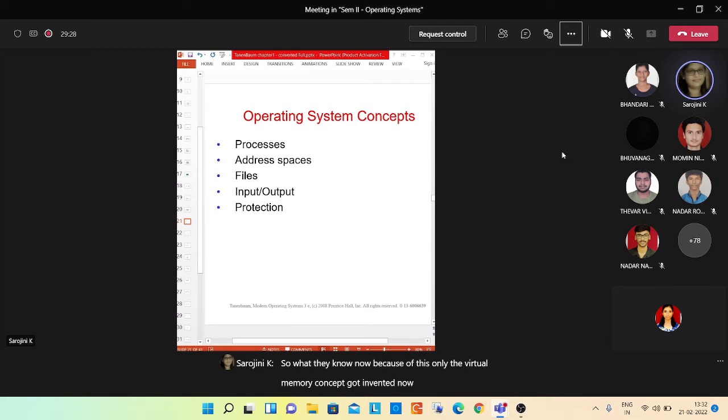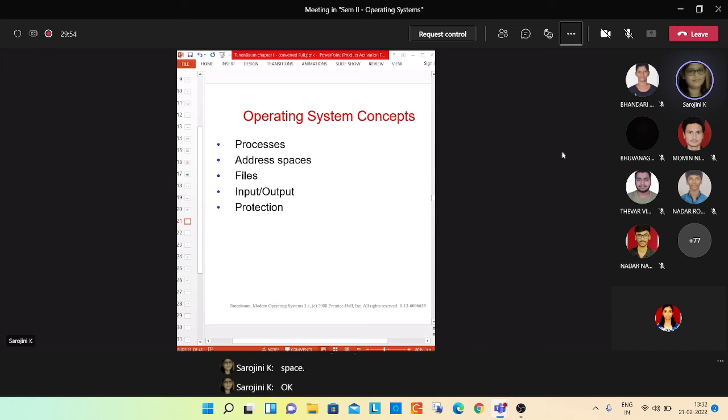Now virtual memory is actually not part of the main memory, because already we don't have sufficient main memory. That's why virtual memory. So virtual memory is a memory which will be there in secondary storage, that means your hard disk. One part of the hard disk will be allocated to create an address space.